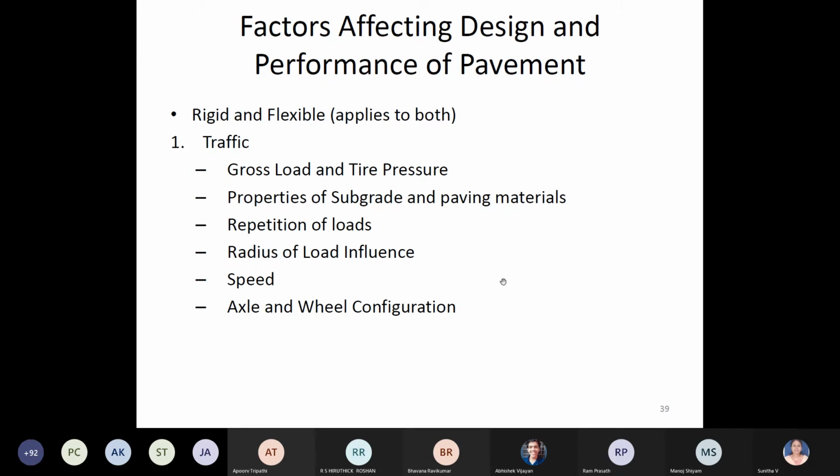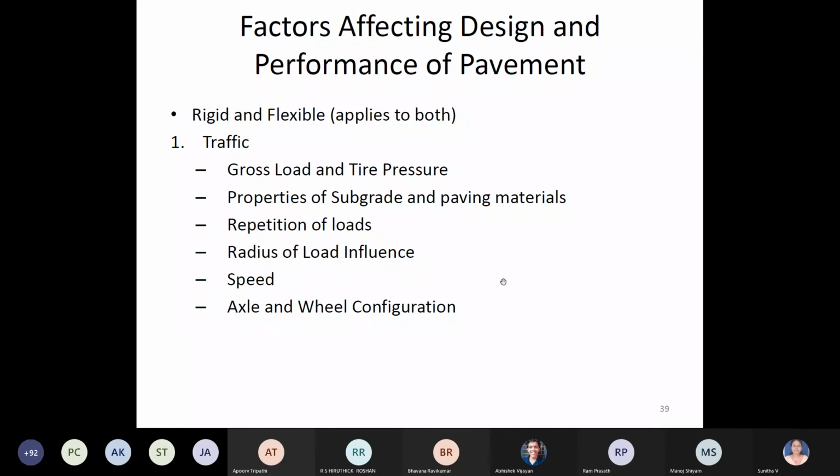There I'll be telling the different materials or compositions. Say if it is base course, you can have WBM, WMM, where you are using this. What is the composition? How to construct these different components of layers in both flexible and rigid pavement. In rigid pavement also, how to construct the base course. Then you have DLC, that's dry lean concrete, then the PQC, pavement quality concrete, and cement concrete, where the difference is in design.